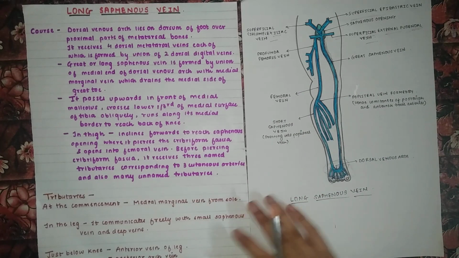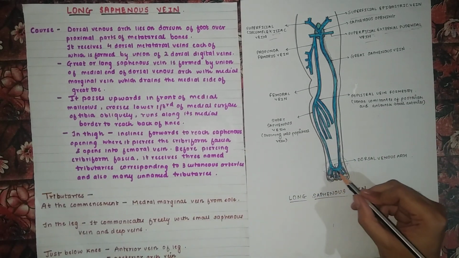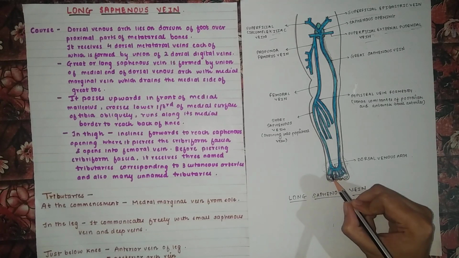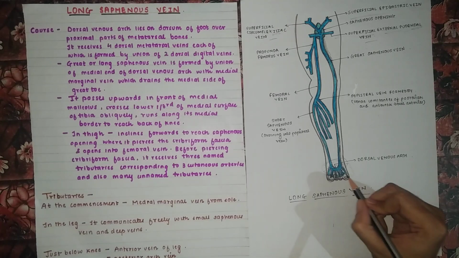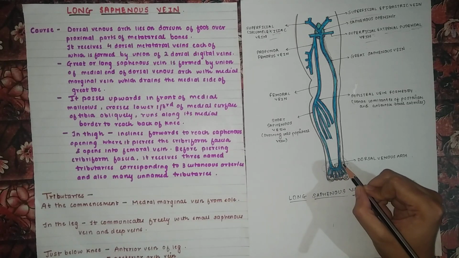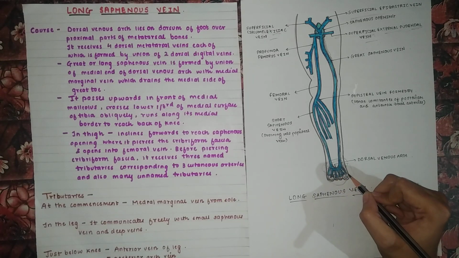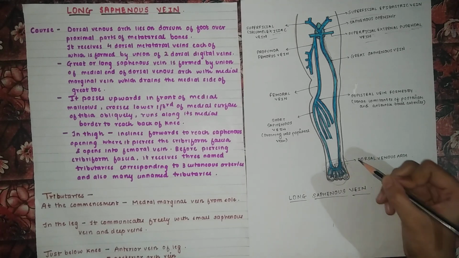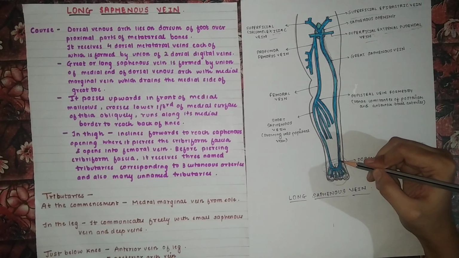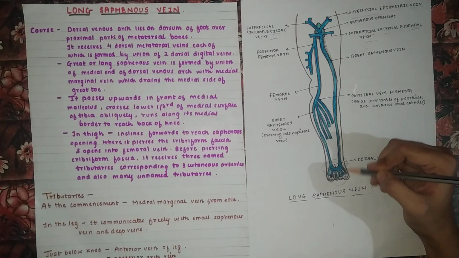So let's revise once again. Dorsal venous arch lies on the dorsum of the foot over the proximal part of metatarsal bones. It receives four dorsal metatarsal veins 1, 2, 3, 4, each vein is formed by two digital veins. These four metatarsal veins form the dorsal venous arch, which is located on the dorsum of the foot at the proximal part of the metatarsal bone. Then the long saphenous vein is formed by the medial marginal vein,